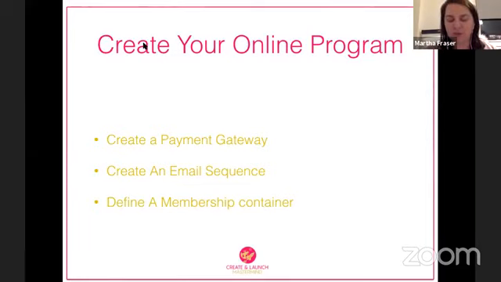So the last one I was talking about there was basically a plugin. If you have a WordPress website, you can use a plugin like Wishlist Member, MemberMouse, a whole pile of different ones, OptimizePress, lots of different ones, Thrive Themes as well. So that is how you create your online program.